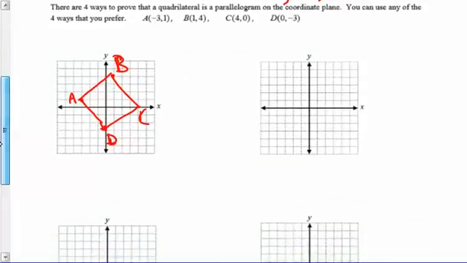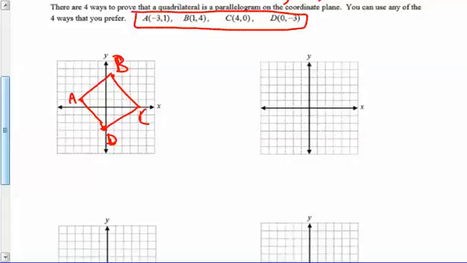And now we're going to look down here at some examples. So here are the points that I want you to work with for all 4 of these problems. Okay? So plot those points like I did here, A, B, C, D. Each of these will be plotted the same, so you have the same picture on all 4. We're going to look at 4 different methods, right? Of the 6 methods, only 4 can be done on the coordinate plane. One method that can be done is to prove